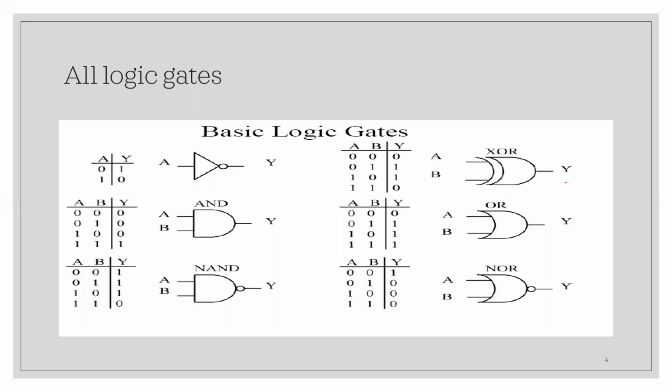In this thing, all the logic gates, if I club them together, I hope you know these things. I'll not be discussing much on this, just an overview we can have. So this is the inverter, or a NOT gate. Whatever input you give, it will invert and give it at the other end. That is, if you give logic 0, it will be logic 1. If you give logic 1, it will be logic 0 at the other end.